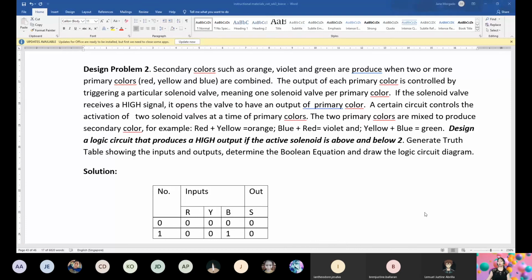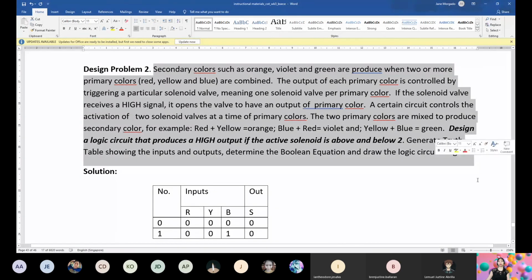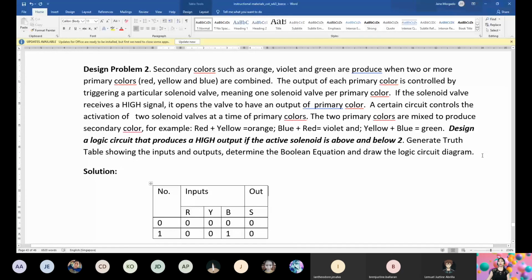Okay, so we'll proceed to design problem number 2. So design problem number 2. Okay, so again, in real world, all we have is problem. As an electronics engineer, magkakaroon ka ng practical problems and you're bound to solve that. Okay, so gagawa kayo ng machines. Okay, let's say